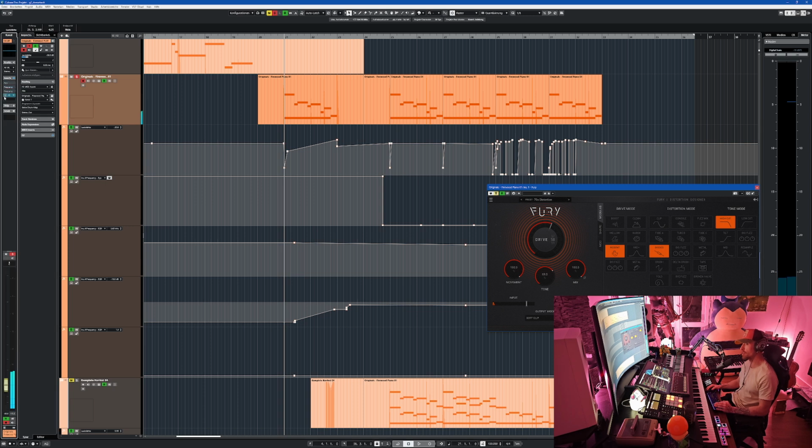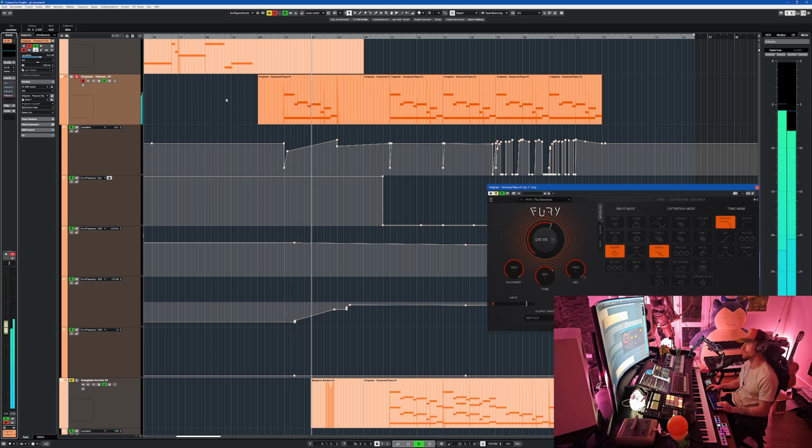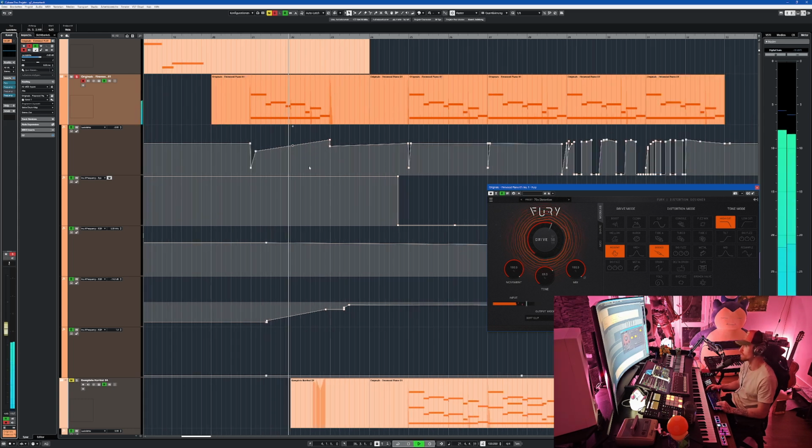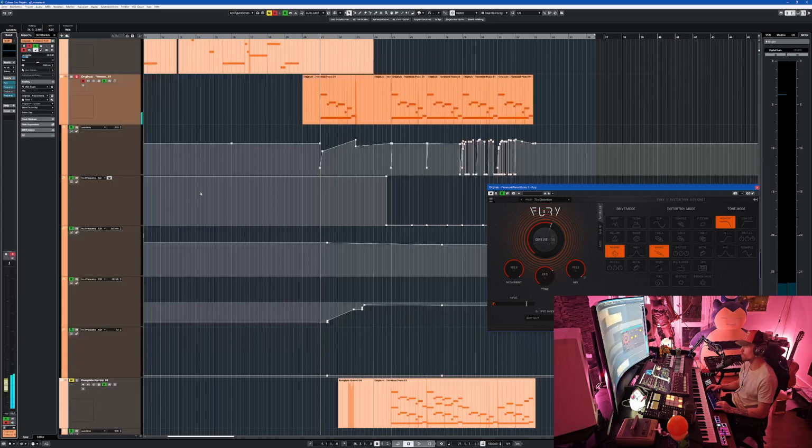And without all the plugins, by the way, it sounds like this. So yeah, I know. When I bought Fury, I felt like I simply like taking a real instrument and making it become something broken. So that's what's added there.